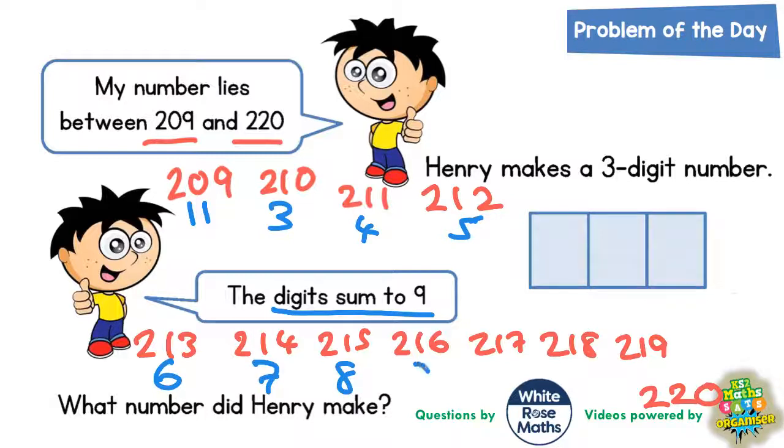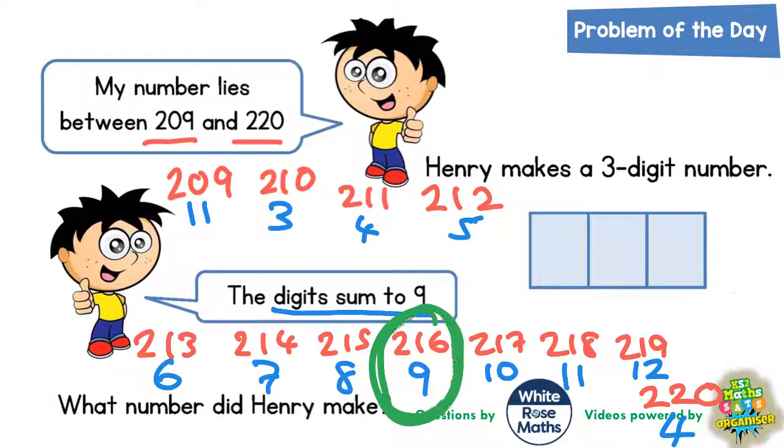2, 1 and 6 is 9. 2, 1 and 7 is 10. 2, 1 and 8 is 11. 2, 1 and 9 is 12. And then 2, 2 and 0 is only 4. And it says the digits sum to 9. So it appears there is only one of these combinations where the digits sum to 9, and that is this one,